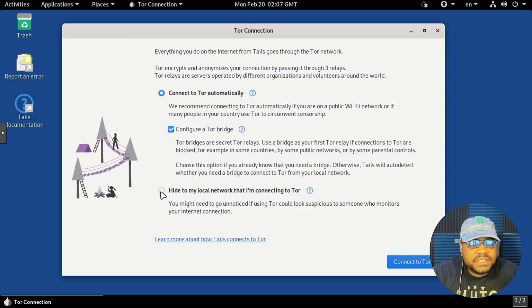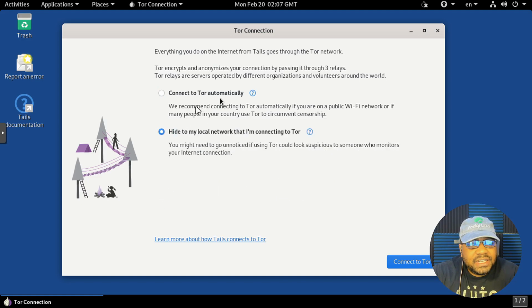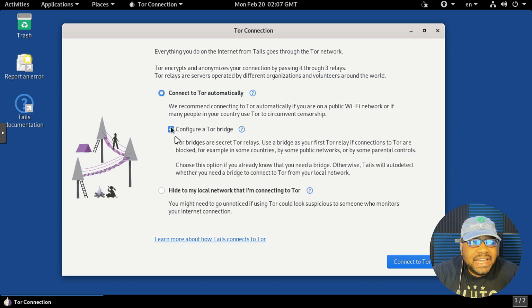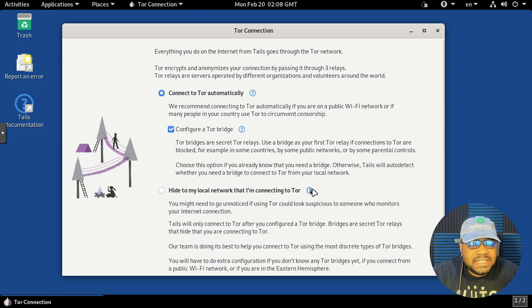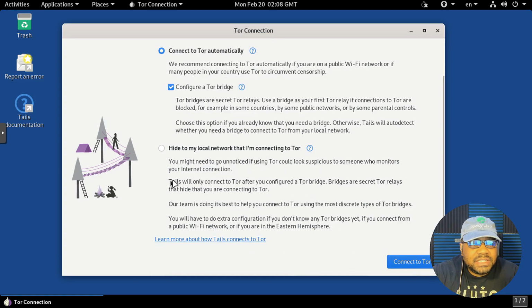Now down here, it says hide to my local network that I'm connected to Tor, which is kind of redundant because if I click here, that'll go away. This is basically going to do the exact same thing as almost selecting this and this. And let's click right here just so you guys can see. Tails will only connect to Tor after you configure a Tor bridge, if you select down here.